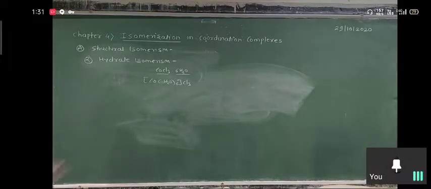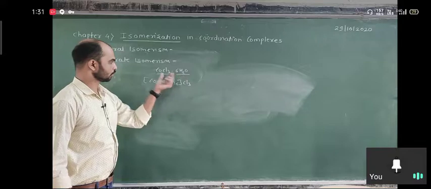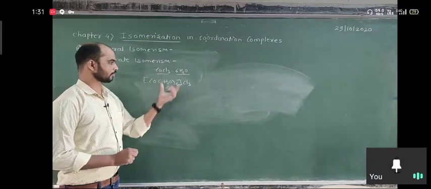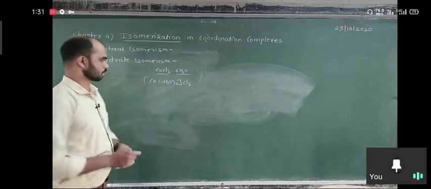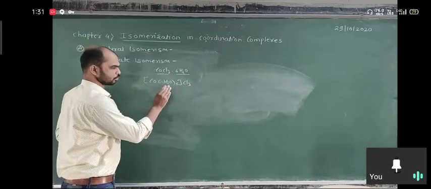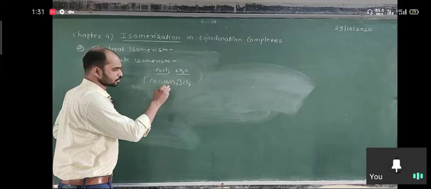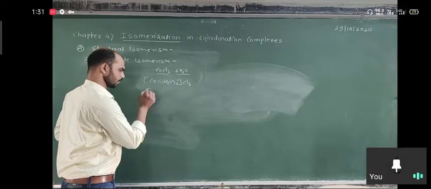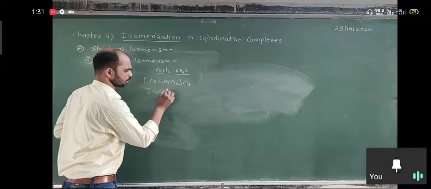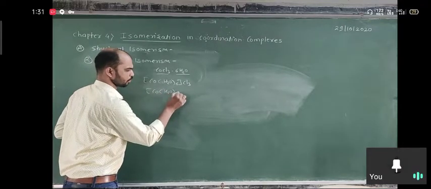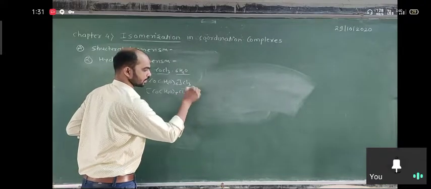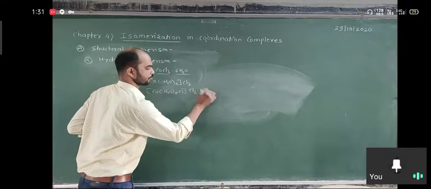Here, suppose the molecular formula is given to you: CoCl3·6H2O. That means this compound has three isomers. In the first case, all the water molecules are present in the coordination sphere and all three Cl are outside the coordination sphere. But in the second case, it is possible that only 5 water molecules are inside, 1 Cl again inside, only 2 Cl outside, and 1 water molecule is there.